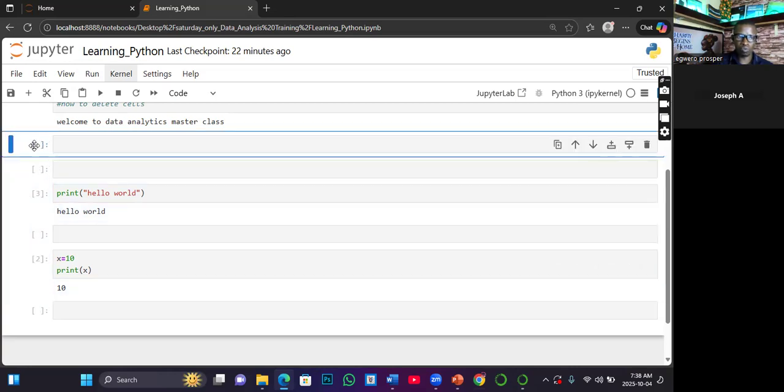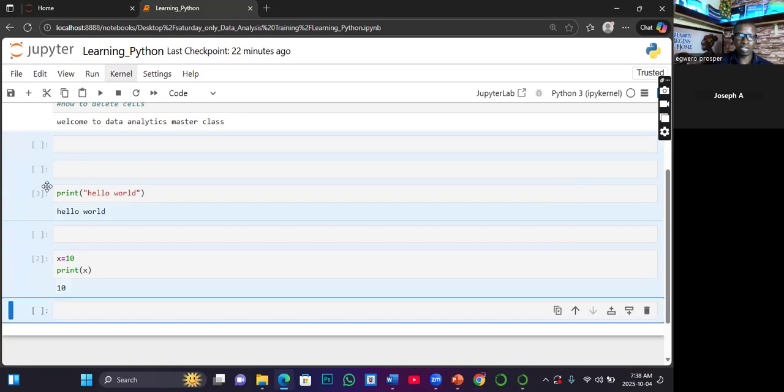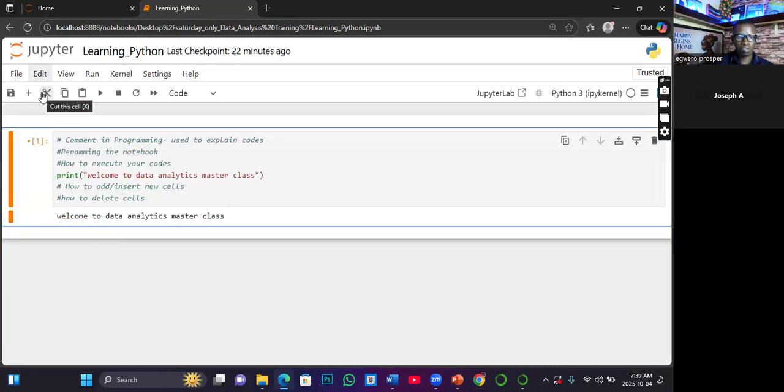Once you select the first one, hold down the shift button and tap the last one you want to delete, and then press delete, or you click here and see this option that says Cut. That will delete everything at once. So that is another skill you need to have.